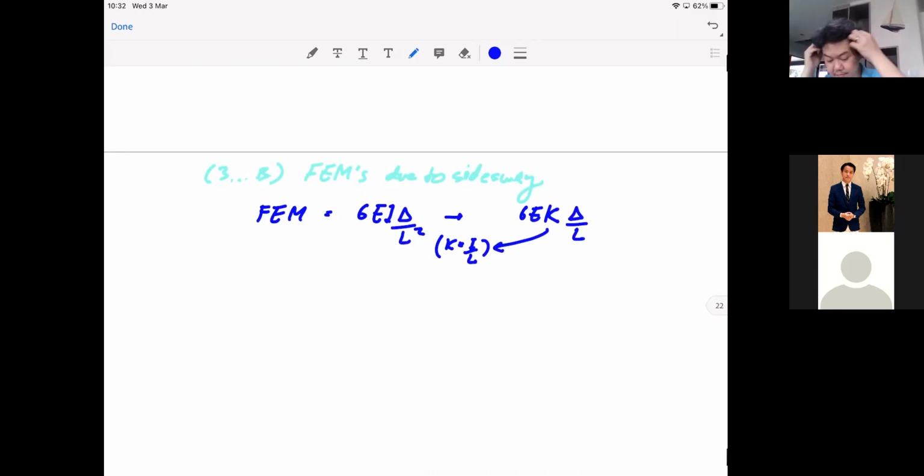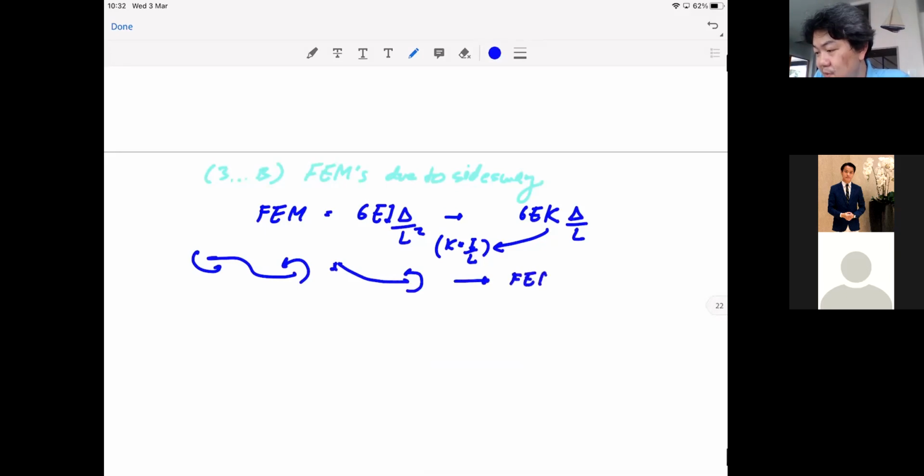So now, this is for the fixed support. When you have the fixed support, you have 2 fixed end moments, right? But for the simple end support, it's a simple end like that. You can say you have 1, so you can use FEM equal to 3EK delta over L for the simple end support. Okay,